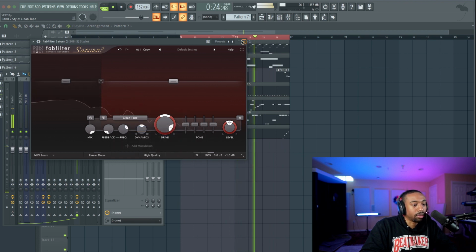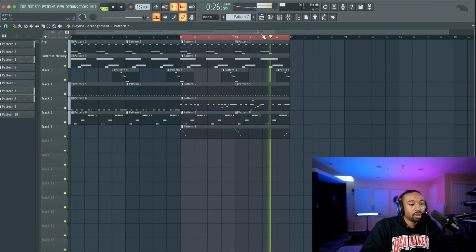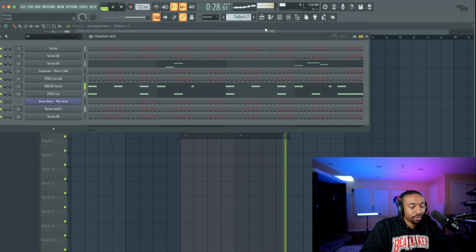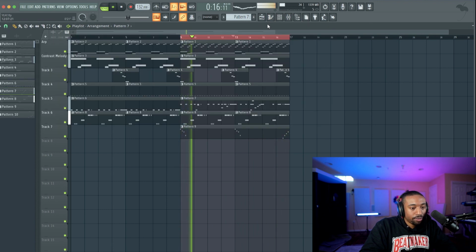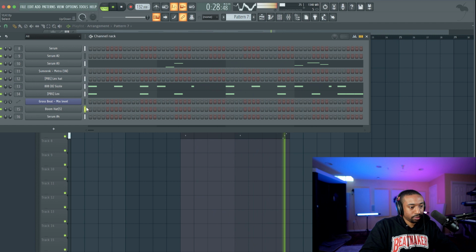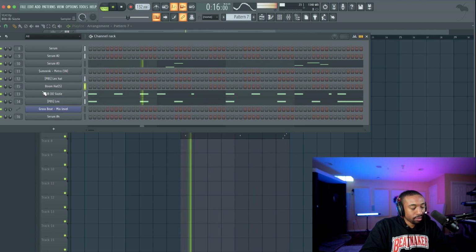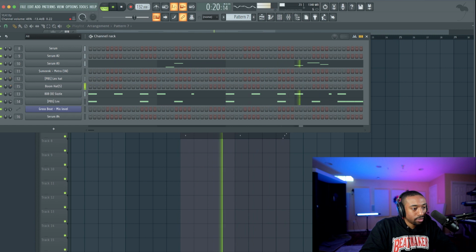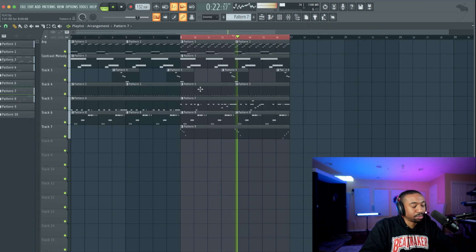I'm just gonna keep it where it was. Trying to figure out where my hi-hat is though. It's gonna level out the hi-hat. Again, you can spend more time mixing and doing all this.